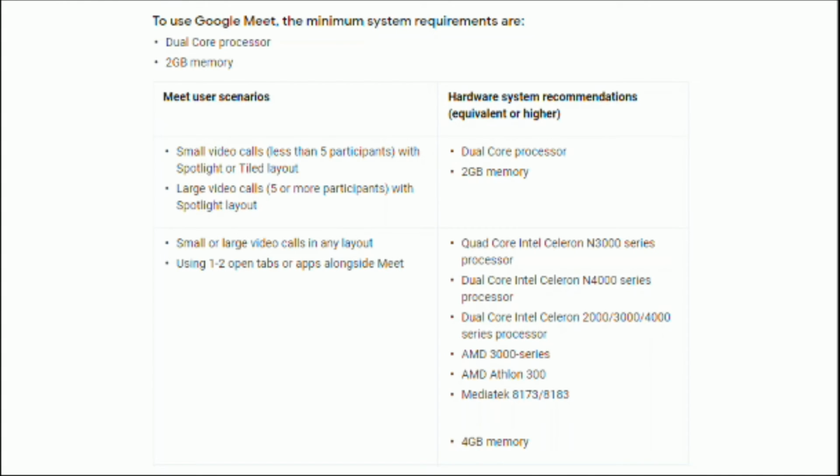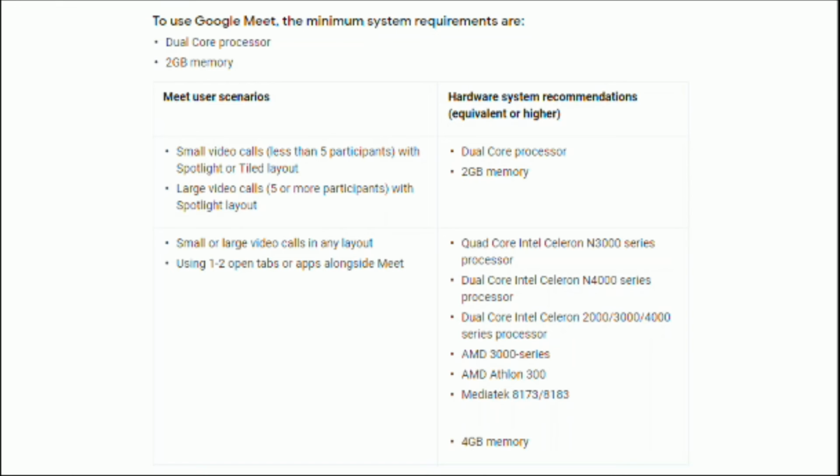The second scenario is small or large video calls in any layout. Any layout means tiled, grid view and thumbnails. And you are using 1 or 2 tabs or apps alongside Meet.